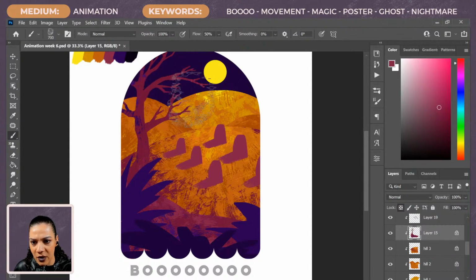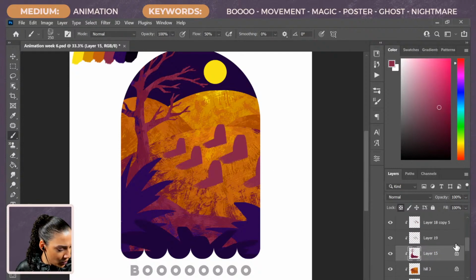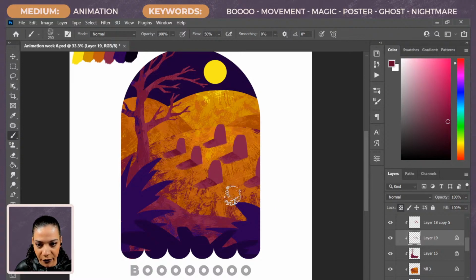Bringing that in, and let's grab some of the lighter pink and throw that over here just to brighten this side of the tree. There we go. Boom. And then we want to do something to the shadows of the tombstones as well. So let's lock this as well. I'm going to put some of this darker color right here in front of the tombstones. We could even make this even darker. Boom, just to differentiate it from the shadow. Like there's a difference between the shadow and the tombstone itself.